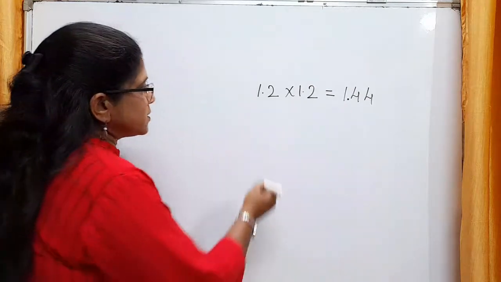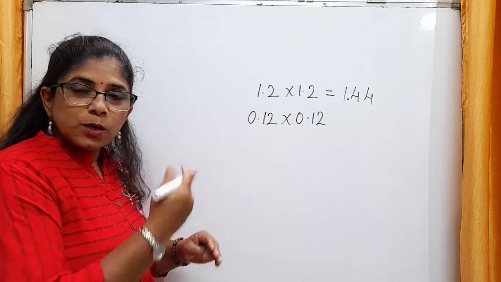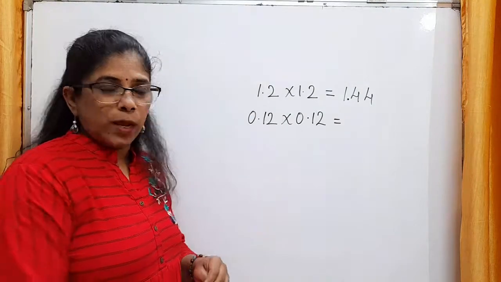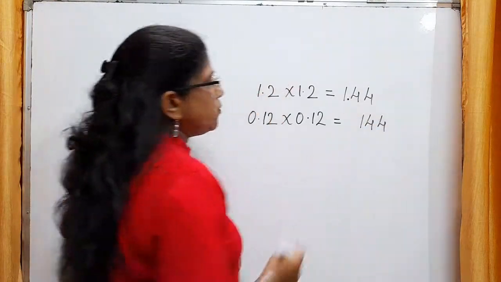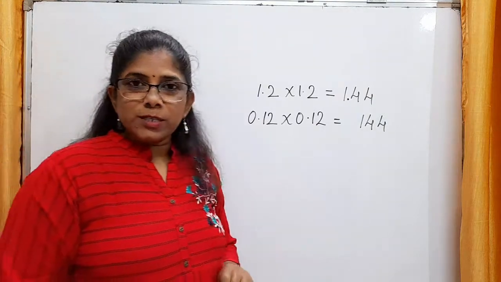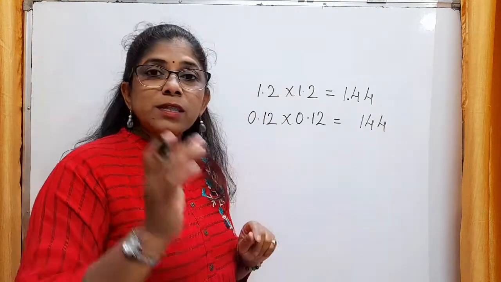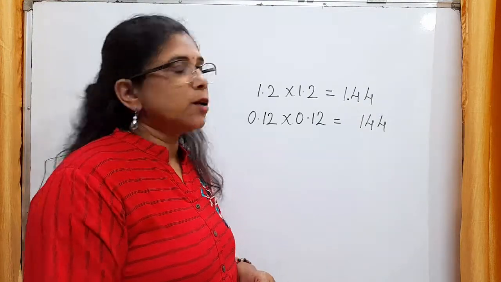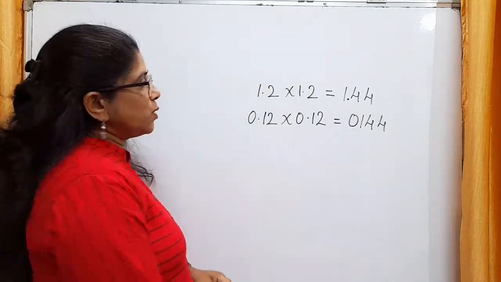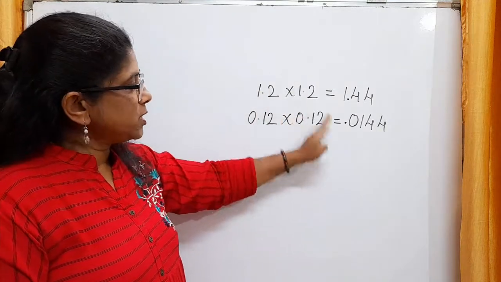Now the same sum, if it is 0.12 into 0.12. Even here what we have to do first, write the square of 12, 144. Check the number of digits after the decimal point. 2 digits. So the number of digits in its square is going to be 4. But here we have only 3 digits and we want 4 digits after the decimal point. So in such a case we have to make 4 digits by placing a 0 before this 144. So 0.12 into 0.12 is